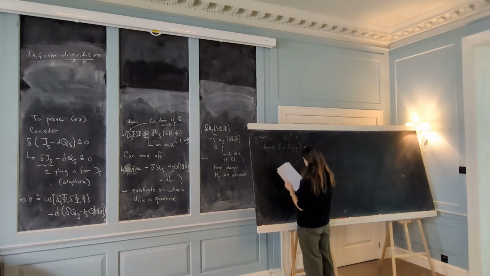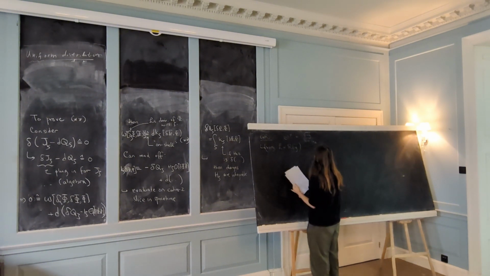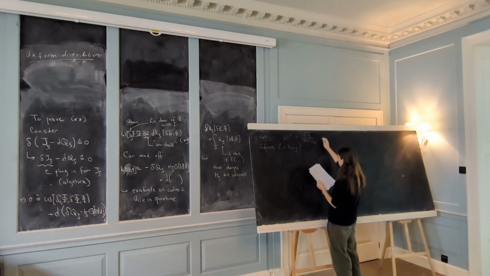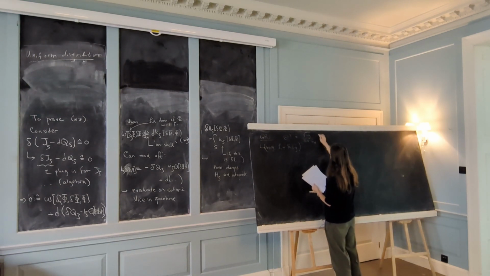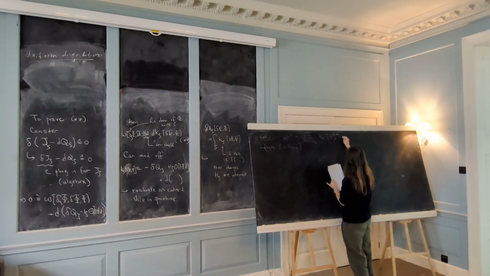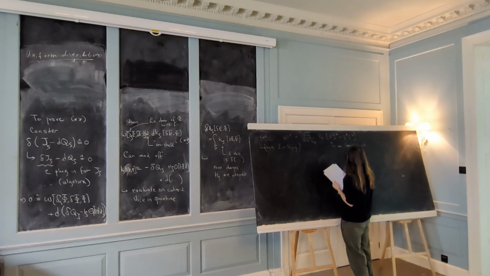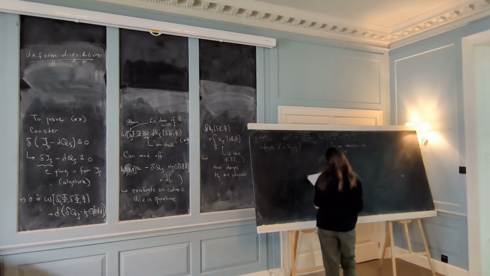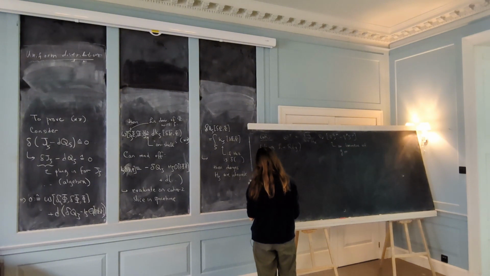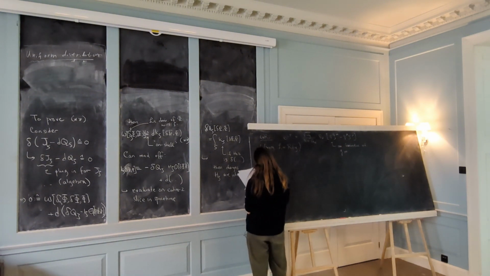So you find that this is minus the square root of the determinant of the metric g divided by 16 pi G Newton, and then d nu psi mu minus d mu psi mu, where this is the covariant derivative with respect to the metric g mu nu. So now, given this,